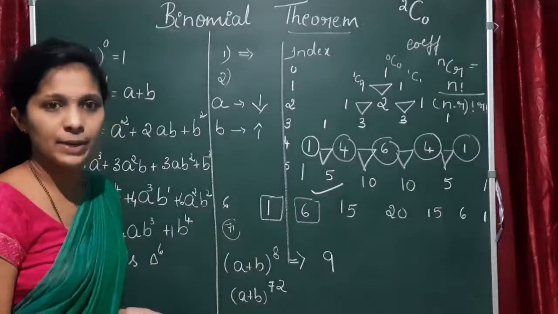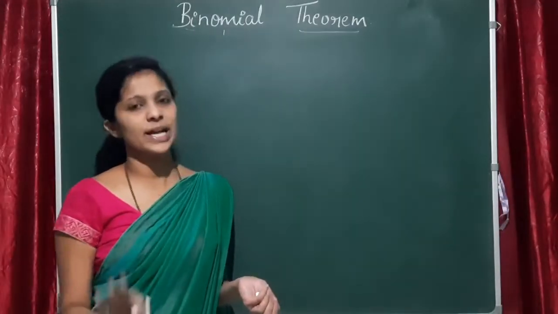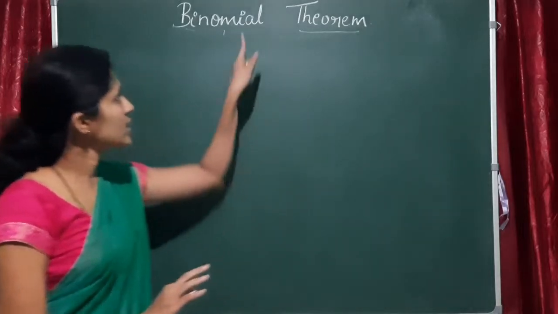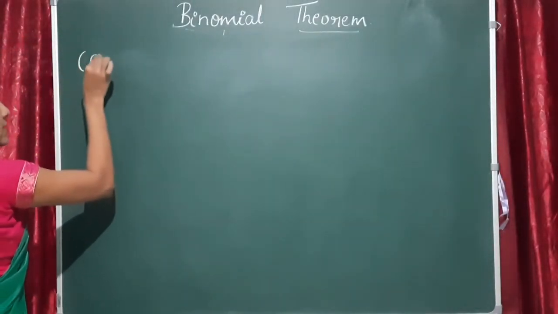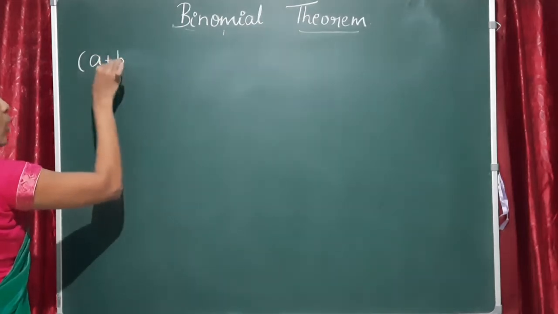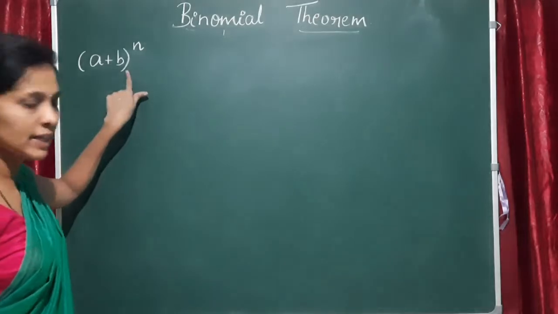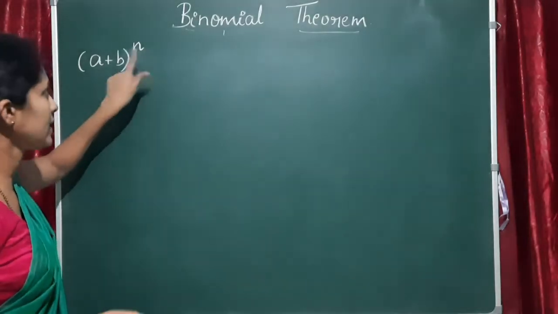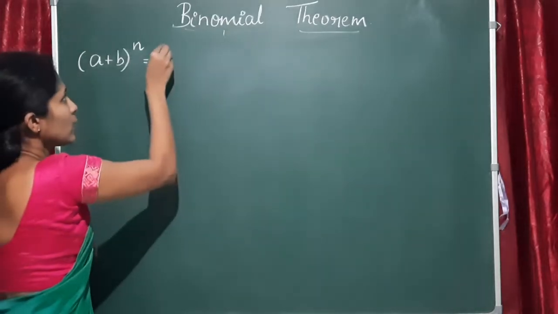Okay. I'll explain that binomial expansion. First I'll erase this one. Don't worry about Pascal's triangles and all. Just we'll see the expansion. So the binomial expansion says that (a + b) to the power n. A and b are any integers or rational numbers, n is an integer. (a + b) to the power n will be equal to